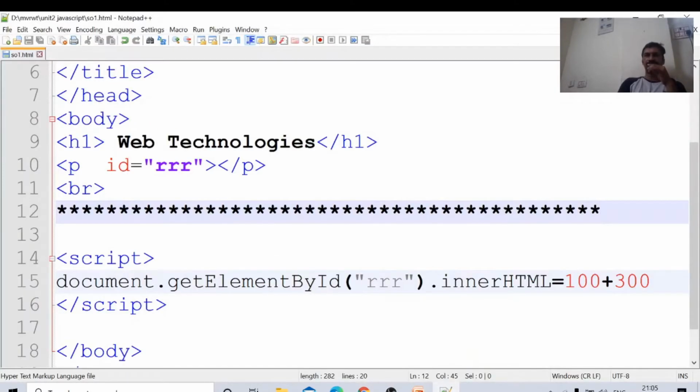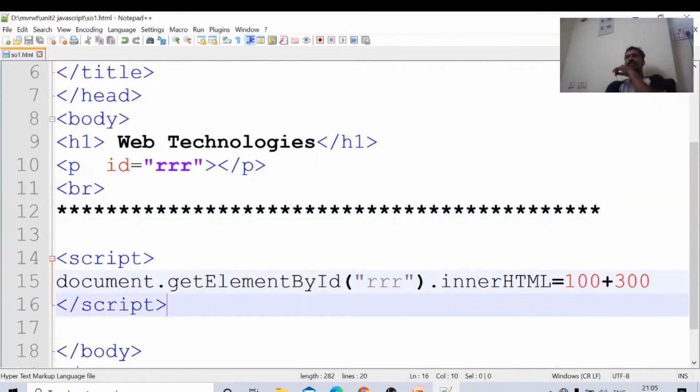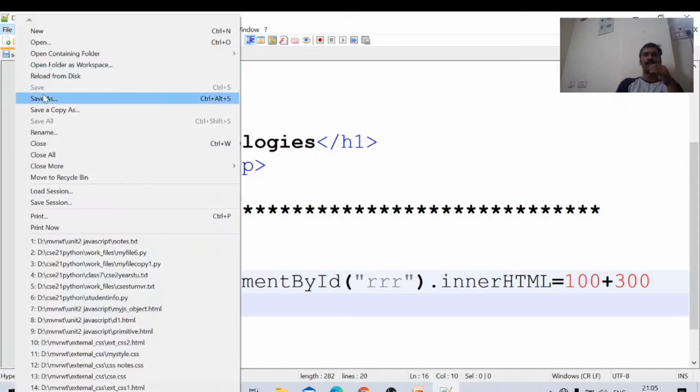This 400 came because of this one. This is one way of displaying output. Document.getElementById, what is the id? We will specify .innerHTML. innerHTML equal to 100 plus 300, 400 will be displayed. Next, same program, I am making some change,